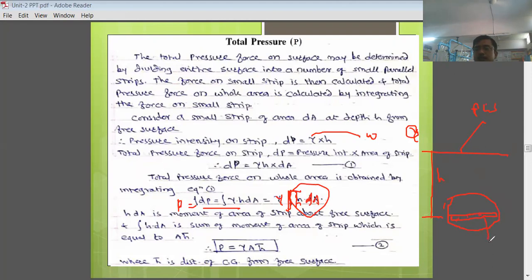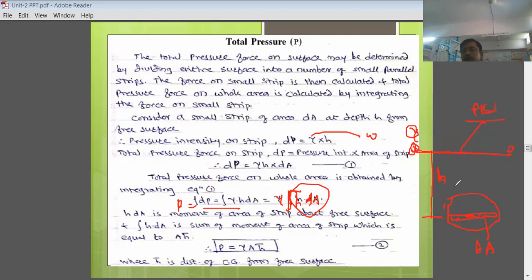This is the area dA, the area of the strip. Now, whenever I multiply the area by the distance of this particular strip from this axis, this horizontal axis, the axis OO, which is the free liquid surface,